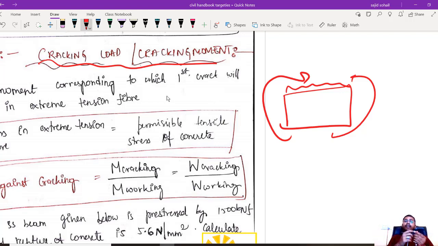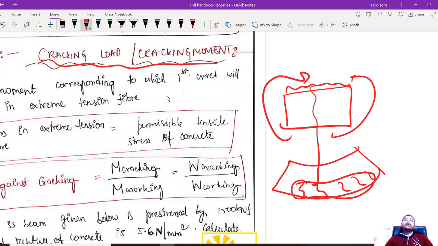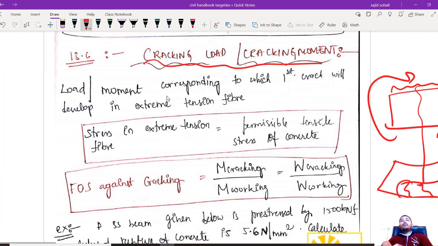So whenever there is more load, I know how it is going to deflect. It is going to deflect like this. If you are taking a simple concrete beam, then obviously bottom में क्या आ जाएगा? Tension आ जाएगा. There will be tension cracks. So I just have to find out at what moment these cracks are forming. That will be my cracking moment. And the load at which these cracks are forming, that will be my cracking load. Simple सी concept है, right? So what is this concept? The load or moment corresponding to first crack developed in the extreme tension fiber, I am calling it as cracking load, and corresponding moment as cracking moment.